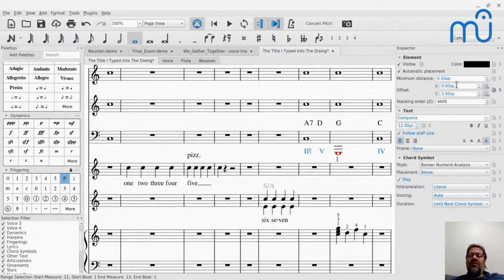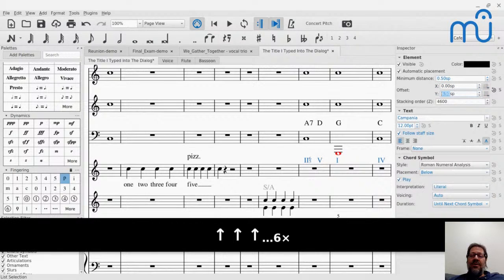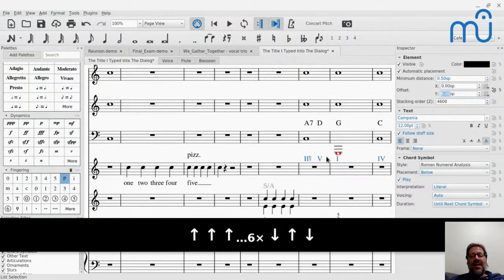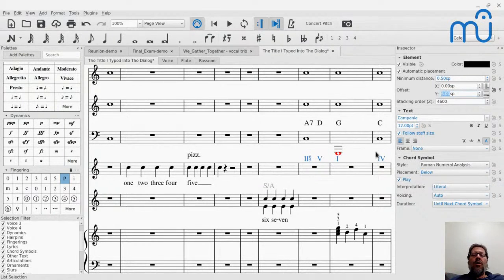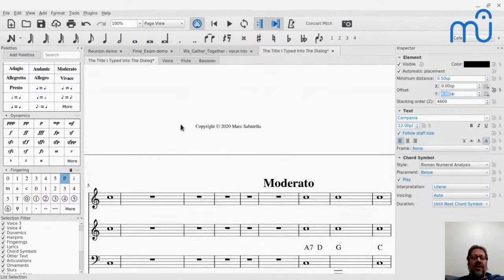selected in that range, and now I can align them just by increasing that Y adjustment until they all kind of start to move together. So it's relatively easy to manually align a small group of chord symbols that way. So definitely that's a thing you can do.